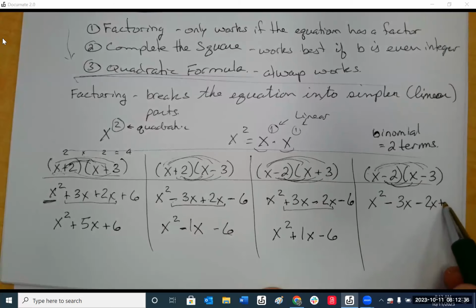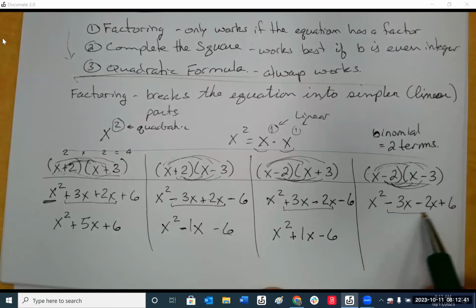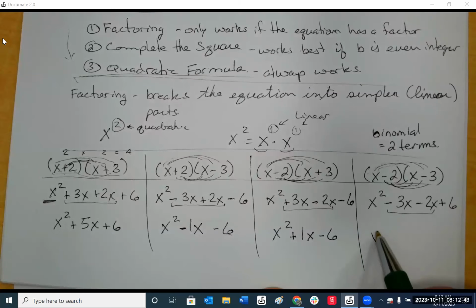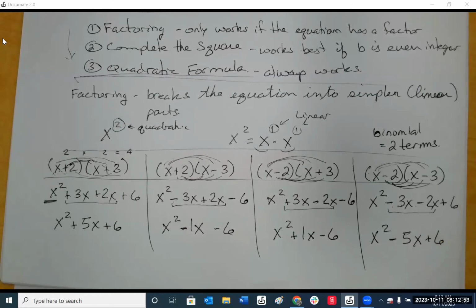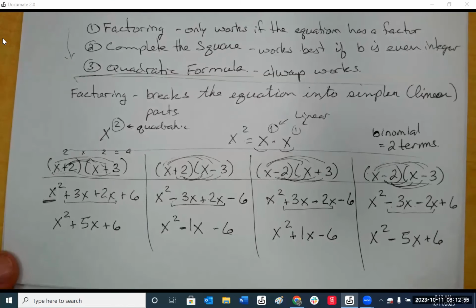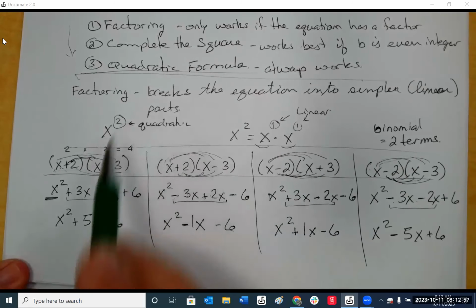2 times x is 2x. Negative times negative is positive. 2 times 3 is 6. Combine like terms. x squared comes down. They're both negative, so we add them. 3 plus 2 is 5. And then bring down the 6. So that's